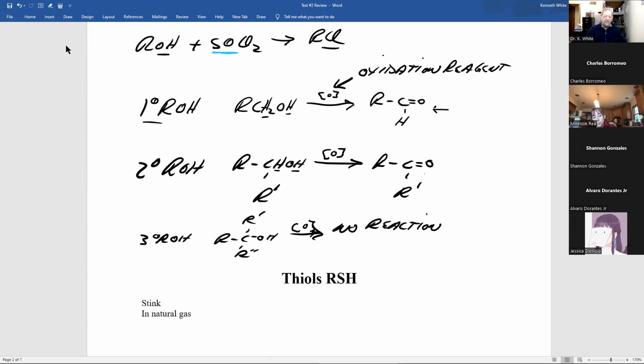Tertiary alcohol, you learned from the lab we did with alcohols, no reaction. Now, I've mentioned this before, but I'll mention it now. I have never, and I never will, put a problem on a test or a final where I ask you to give the product or products, and the correct answer is no reaction. If I'm going to ask you what's the product or products, there is going to be a product or products you get. No reaction will never, ever be a correct answer on any question on my test.